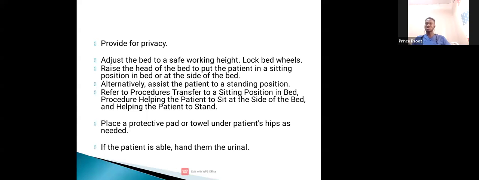Refer to the procedures for transferring to a sitting position in bed, helping the patient to sit at the side of the bed, and helping the patient to stand. Place a protective pad or a towel under the patient's feet as needed. And if the patient is able, hand them the urinal